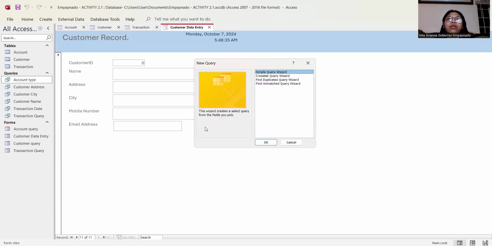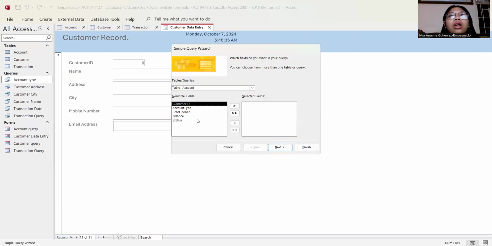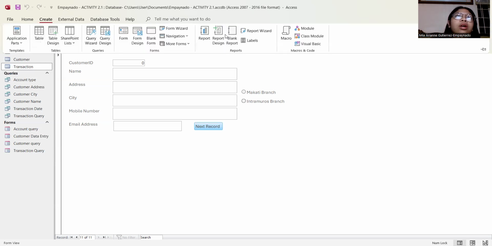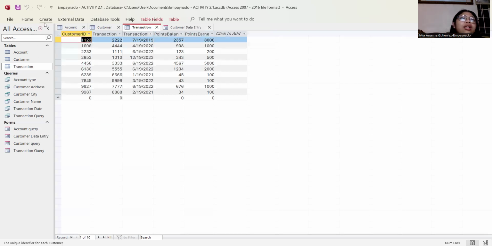Just click Create, then Query Wizard, Simple Query Wizard. Select fields, next, and it's done. I'll cancel it since I won't be needing it. For example, click on this transaction.